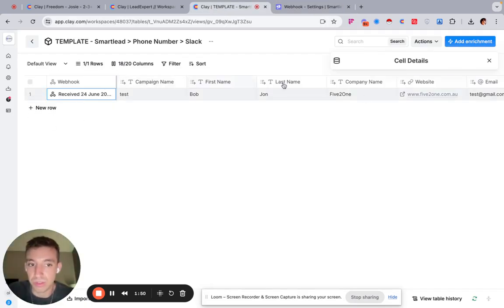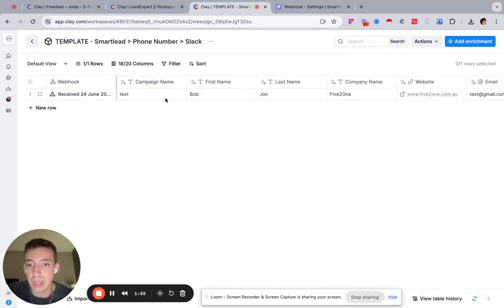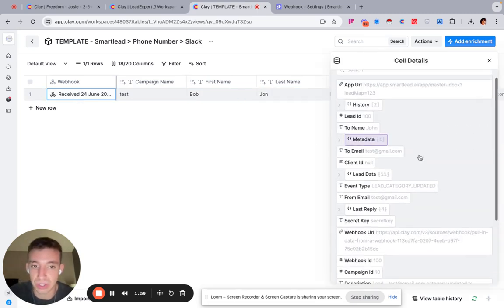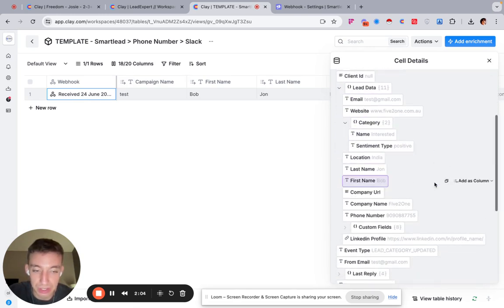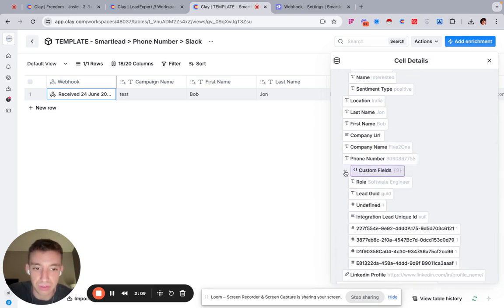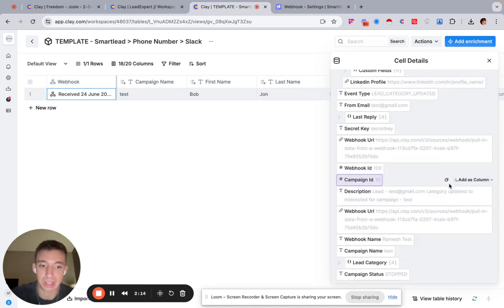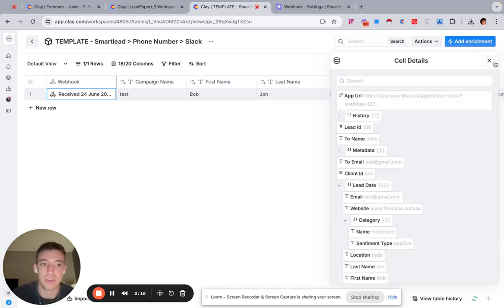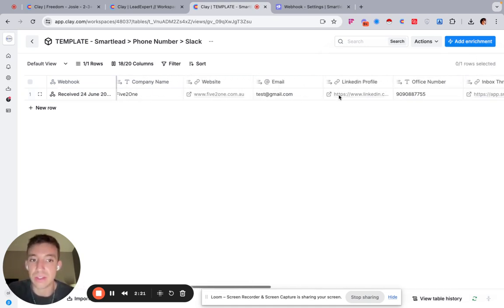It's going to push out all the data and details, and you can map this as you want. This is just what I've mapped and what I prefer, but it depends on what information you want. If you want the response of the lead, you can also get that. You've got lead data in here. You've got categories. You can put in the interested, sentiment, the location, all of this kind of stuff. Your custom fields, your job titles, the reply, like what was actually in the reply, etc. You can put any of the data that you are able to get from Smart Lead into this Clay table. The only data that you need is the LinkedIn profile, because the